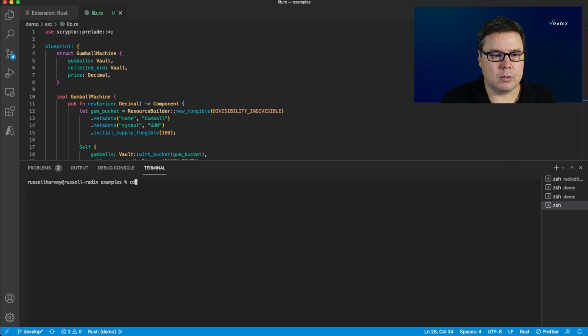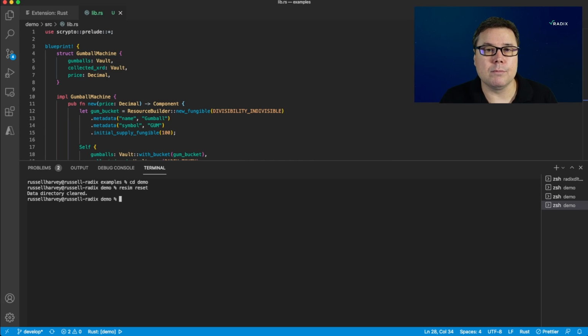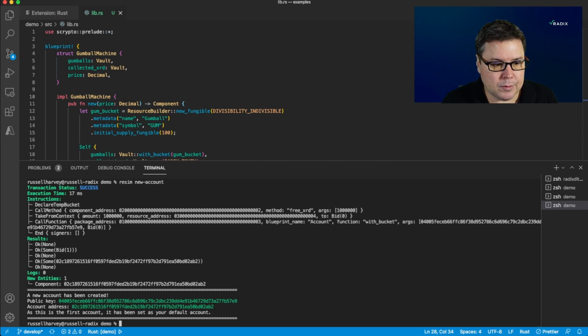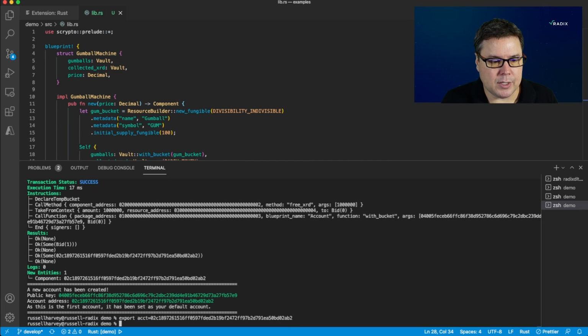I will go back to my directory. I will reset my ledger with RESIM reset. Basically it clears anything you had deployed on your local file system simulator. It destroys it all. I'll make a new account, which you'll notice now thinks it's the first account again, because after doing reset, I destroyed the one I created before. I will save that address, and then now I will